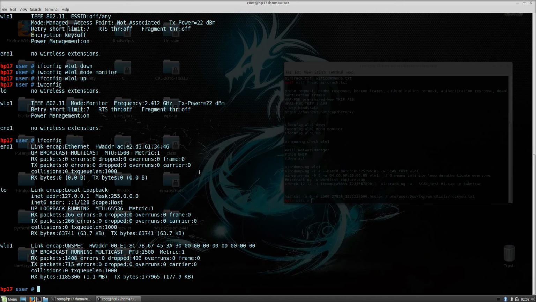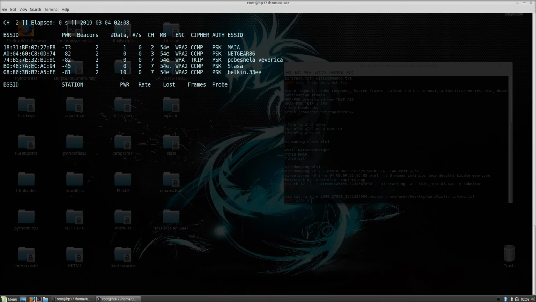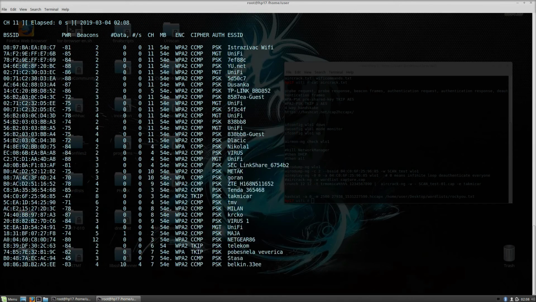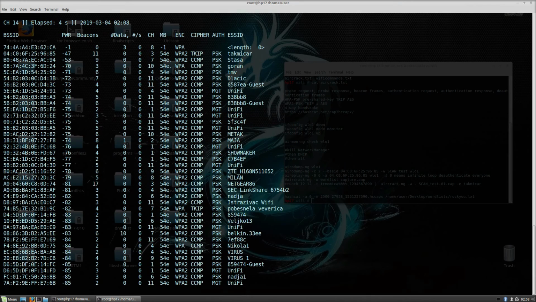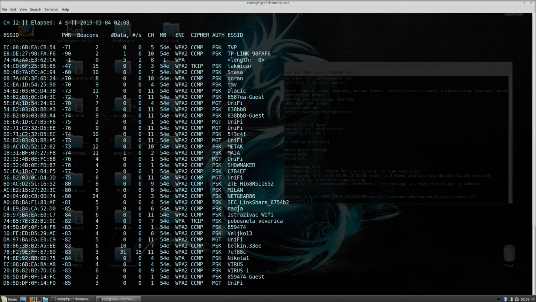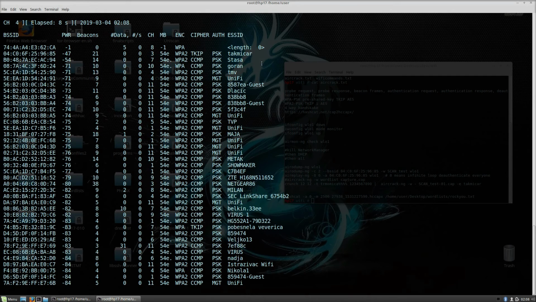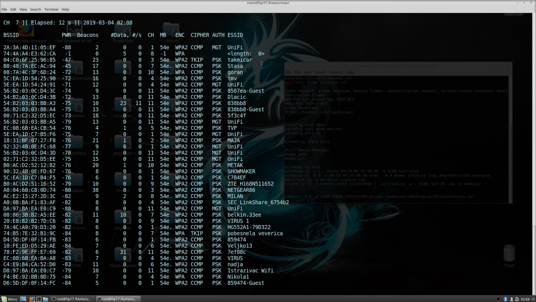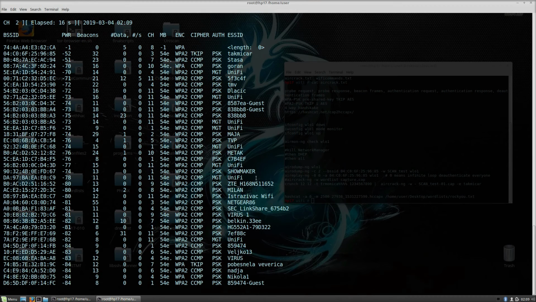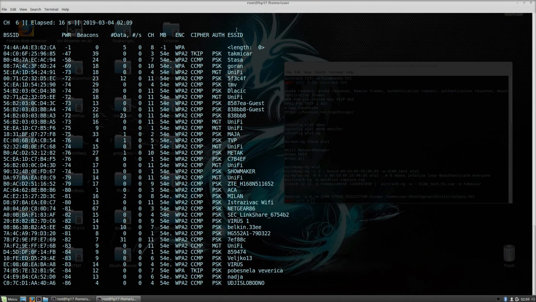Or this won't work. So let us just run airodump-ng and then wlo1. And as you can see, it will start listing all of the wireless networks around me. Now, as we can see right here, it prints out a bunch of other options as well. Now, the first thing you might notice, and that is familiar to you, are these right here, which stands under